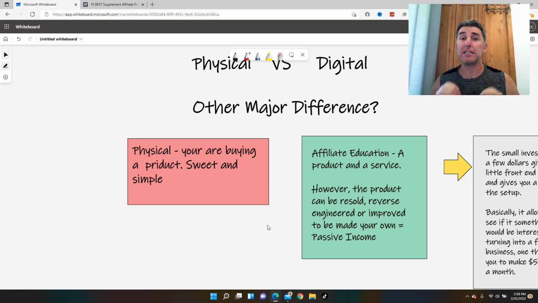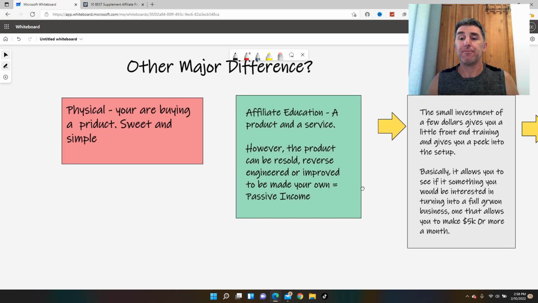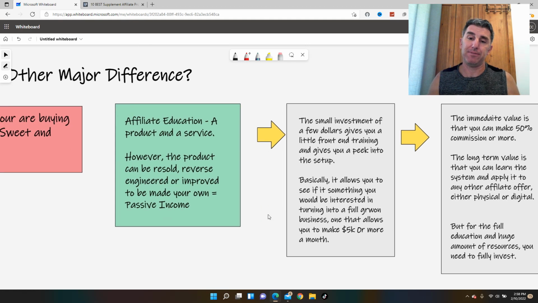I know I've already said it, but it's a very lucrative way to make money. And at that point, you don't have to really do anything. All of your affiliates are doing marketing for you. Now, the small investment. Almost all these programs, List Lion, Freedom Breakthrough, Legendary, start with a $2, $7, less than $10 investment for a 3-day challenge, 5-day challenge, 21-day challenge, whatever it is, how it's structured. But it basically allows you to get a glimpse on how it is set up.